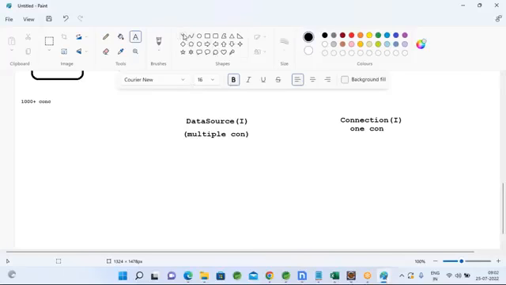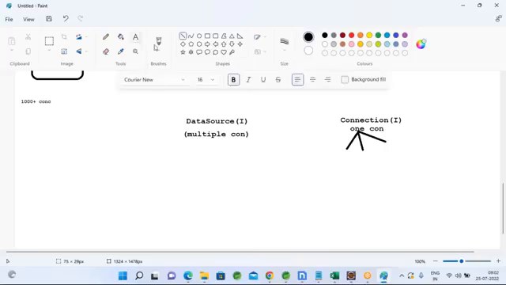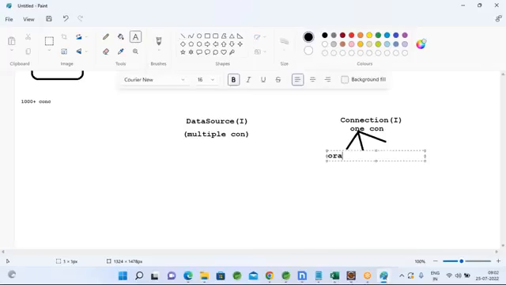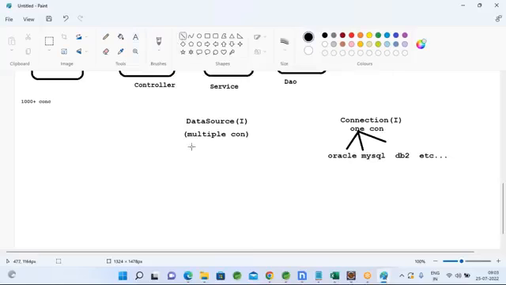For the Connection interface, vendors gave implementations: Oracle, MySQL, DB2, and many other database providers each gave their own connection implementation. Similarly, when you want to create multiple connections, you still use your database connection only,